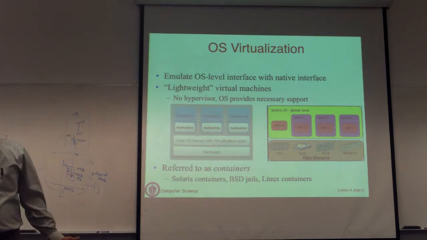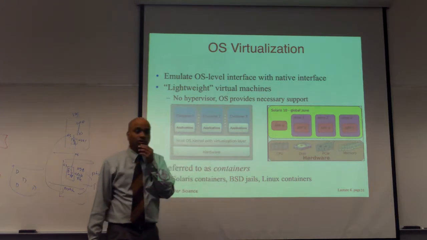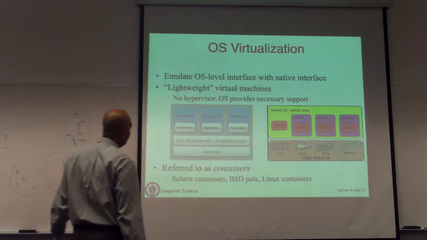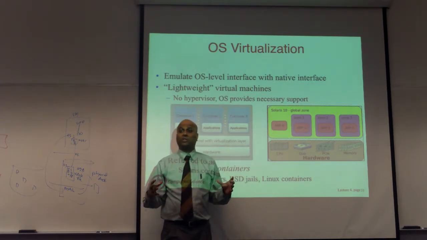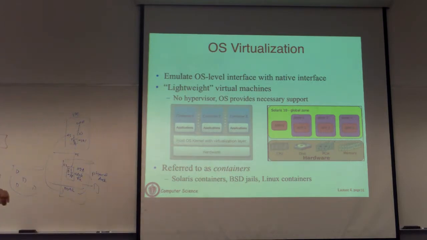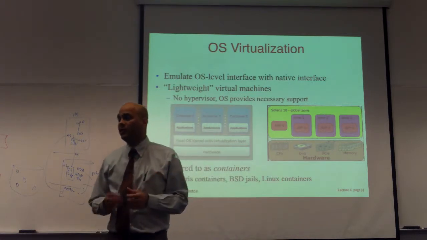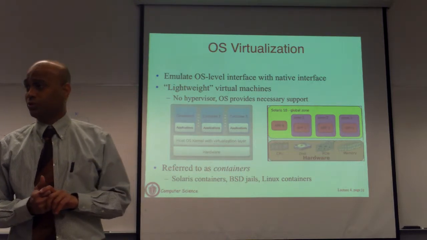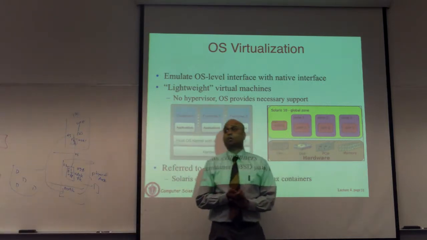There are many different OSs that support this. It was introduced about 15 years ago in Solaris through the notion of Solaris containers. There's a picture that I'm going to talk about briefly. BSD introduced the notion of a jail. A jail is essentially a container where you have resource isolation and some notion of performance isolation as well. Then in the Linux world, you have Linux containers, which have become very popular. I'm going to talk a little about Linux containers to give you some sense of how Linux implements OS level virtualization.